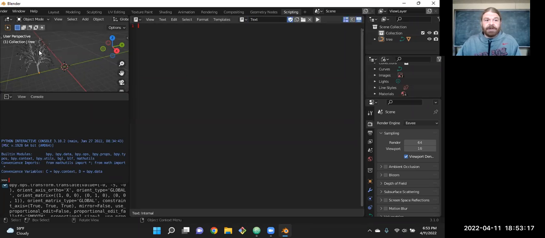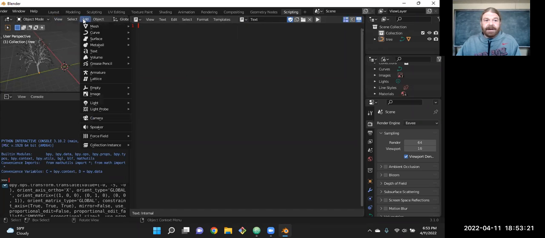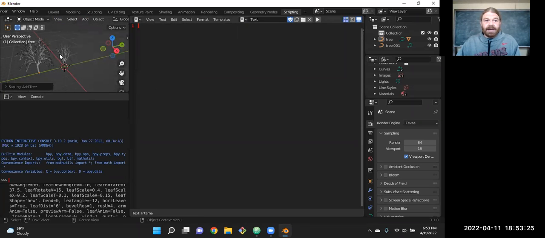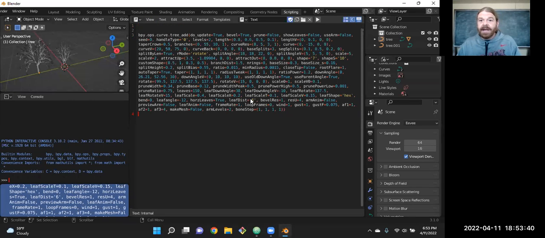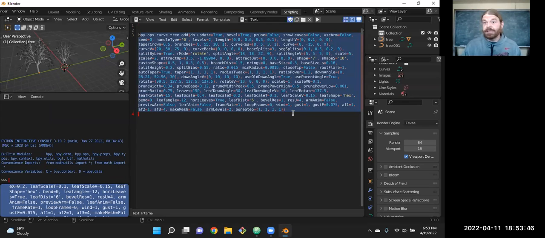So if we create a new script, and I'll just do the same thing here. I'll run the layout, I'll go to add a new tree. Only this time, instead of messing with this, I'll come down here and copy that last instruction that was run and paste that in here. Again, turn word wrap back on. And here you'll see there's all those parameters in script form.